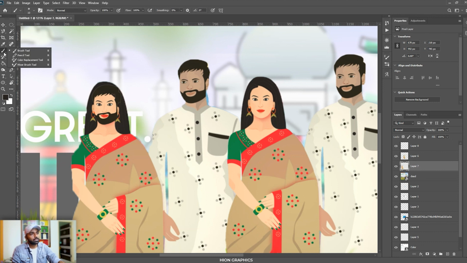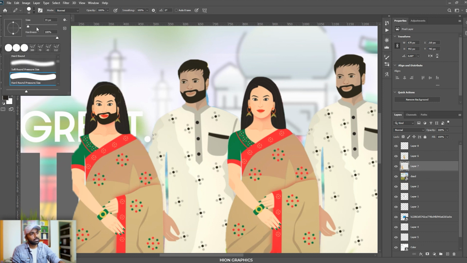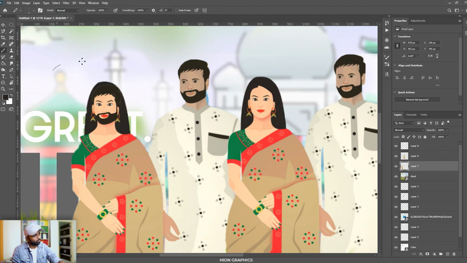Pencil tool, you can see depends on the type of size that you select, and it's a bit more, what you say, feathery. It's a very simplistic tool. Okay. Like in the paint tool, if you go to the brush tool, whenever I paint something, it just instantly paints.